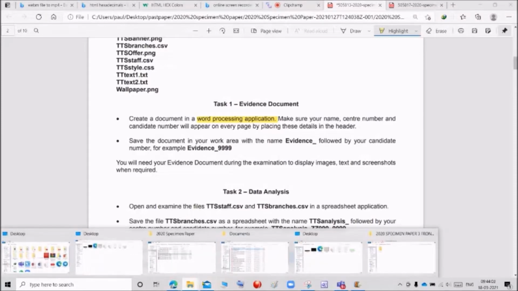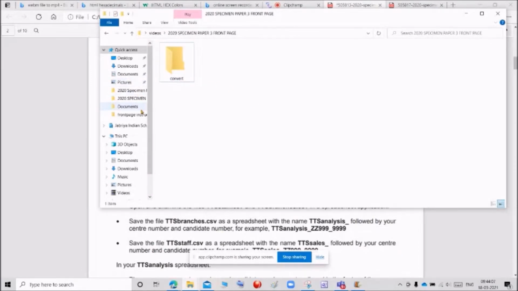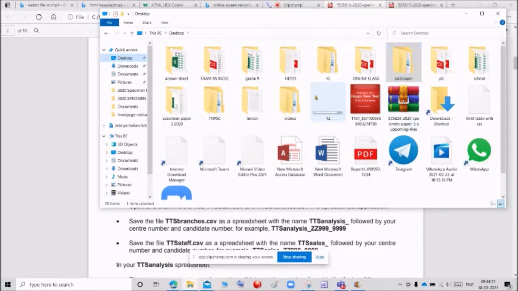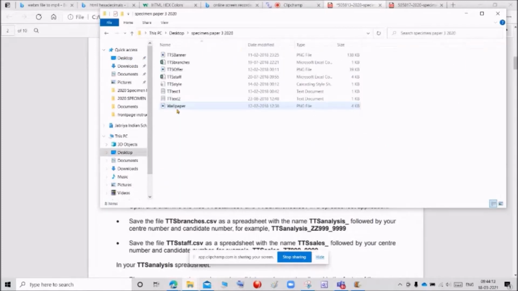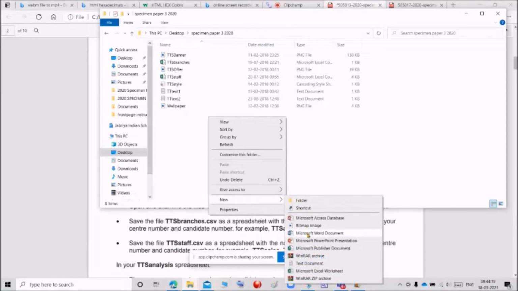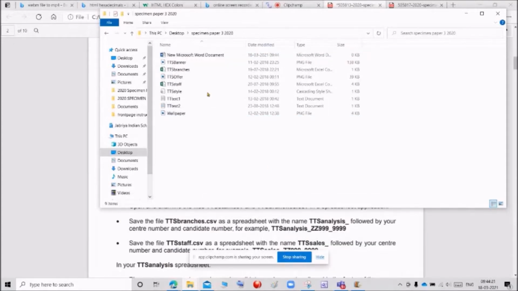First, go to your work area. This is my work area. In this work area, I am going to create one evidence document using a Microsoft Word document.